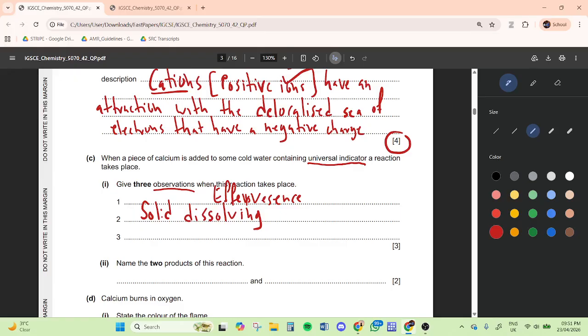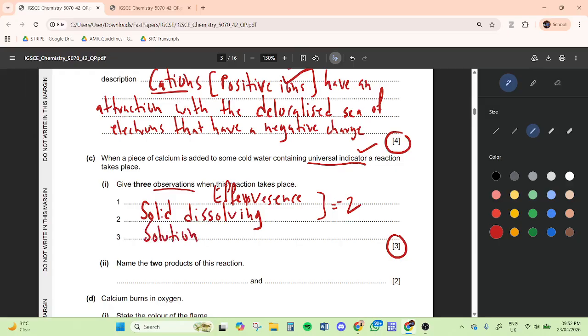And here's the thing. Usually these types of questions are worth 2 marks, so this is your 2 marks already. But because it's a 3-mark question, they had to introduce another variable that you need to identify, which is the universal indicator. When you're adding calcium to water, you're producing calcium hydroxide, which is an alkaline solution. So your universal indicator is going to indicate that it's an alkaline solution. But you cannot write that an alkaline solution is produced. Instead, what you're going to write is the solution now turns